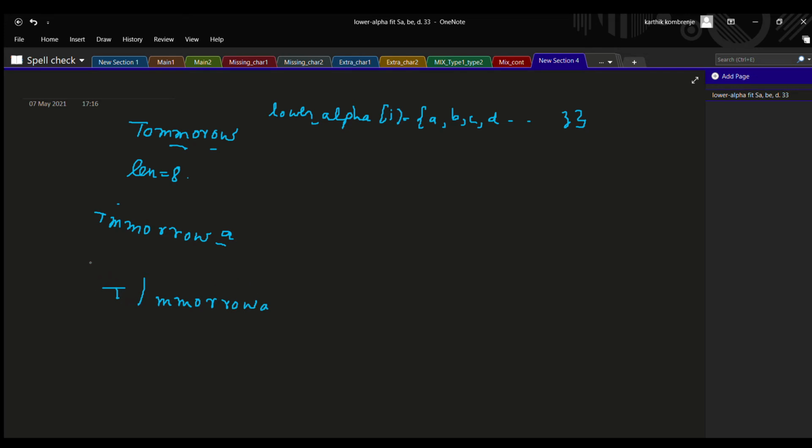So let T be the X input and this be the N input.